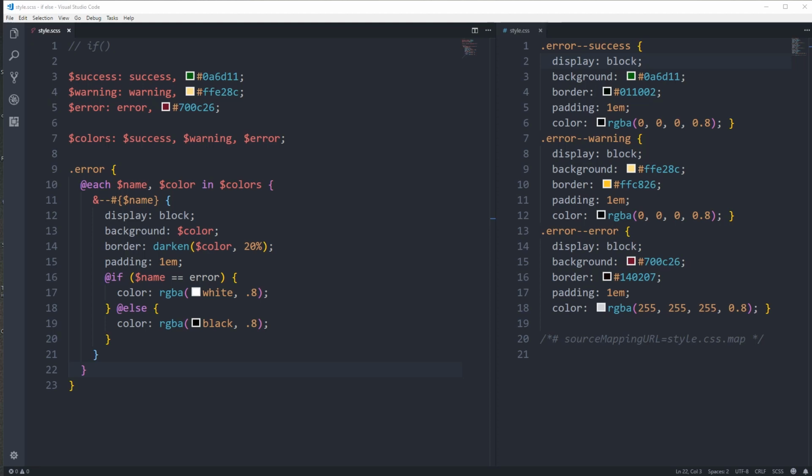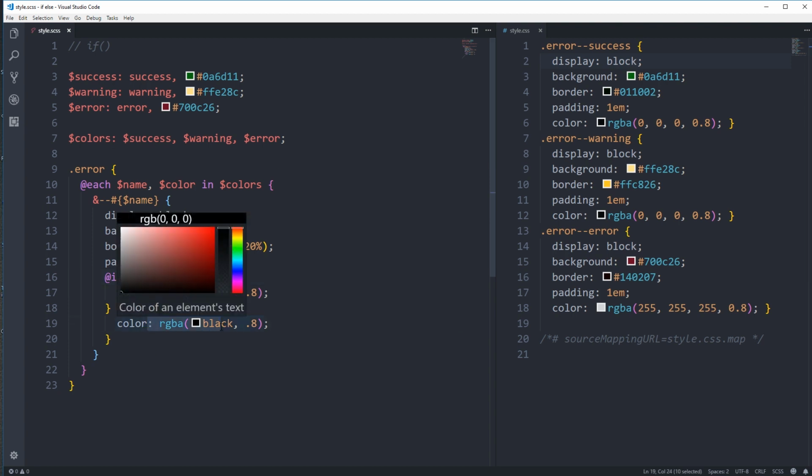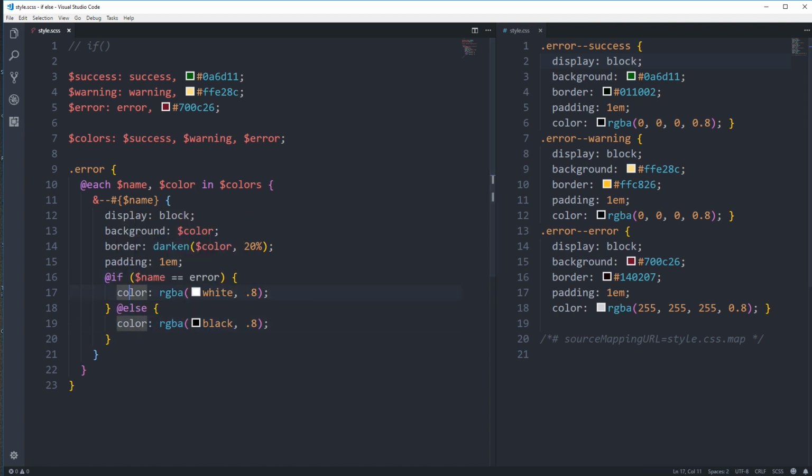We can use the if function to write a lot less lines of code. So if we look back to the first if else we created, we had this here where we had if the name is error, print one thing, and if it's not error, we print another thing for the color here. So we could pull this exact same thing off by, let's come in and delete both of these, and